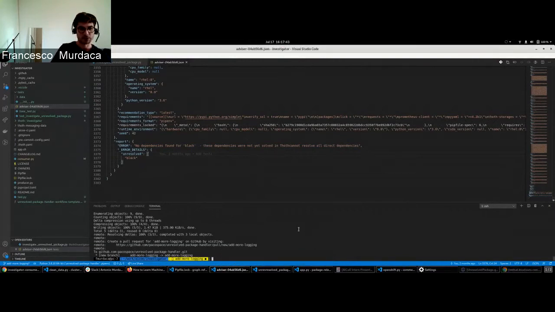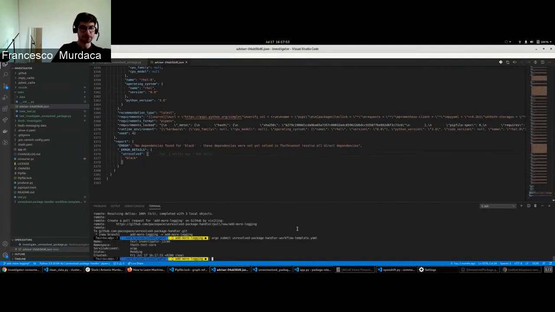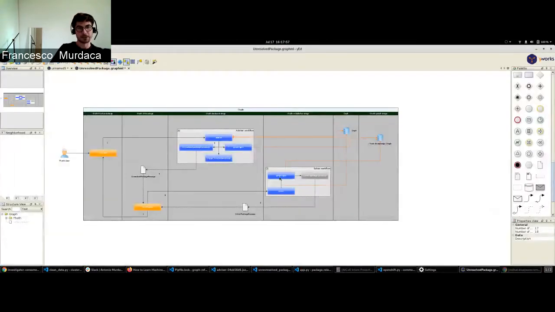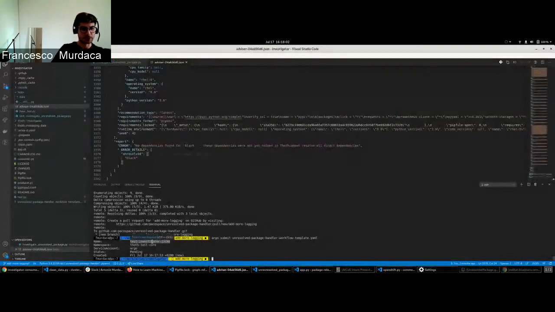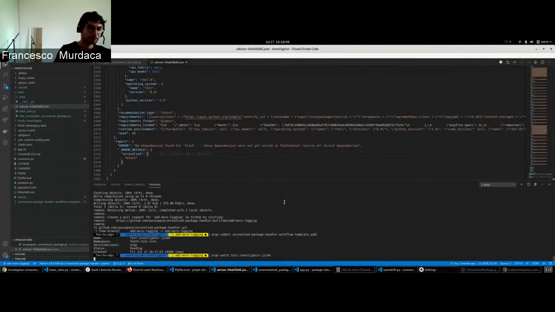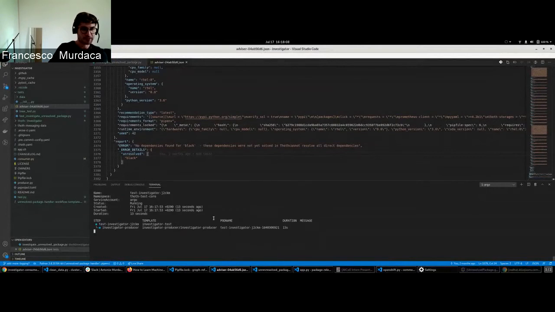So what will happen basically is that if I submit this workflow, which is the last part that is happening here, it will run, basically using Kafka to produce the message.